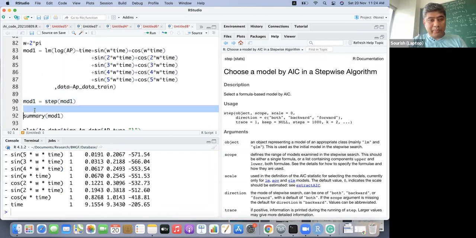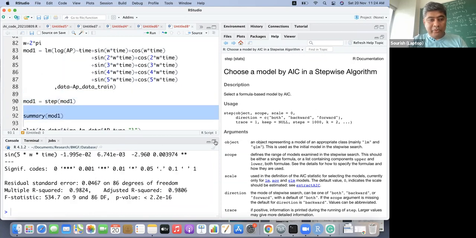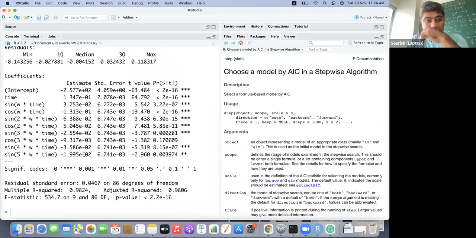And when you do that, it automatically throws away some of the coefficients which are not significant. It will not throw away all of them. Here, something is not significant, but the model still kept it, but it throws away some of them.